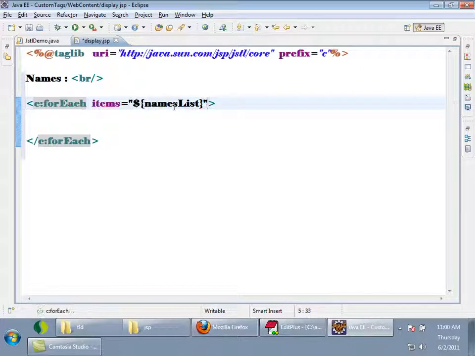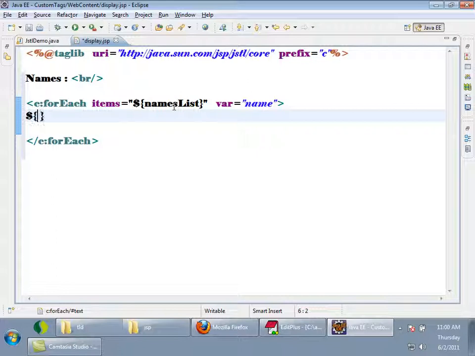Okay. Var is equal to, I will use name. Okay. And then inside the body of it I will use dollar name. So I will write the corresponding for loop block, and you will understand.